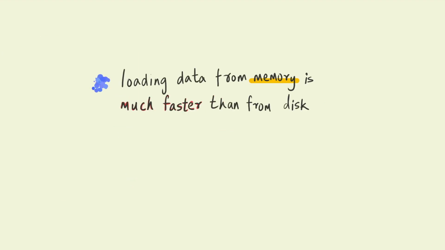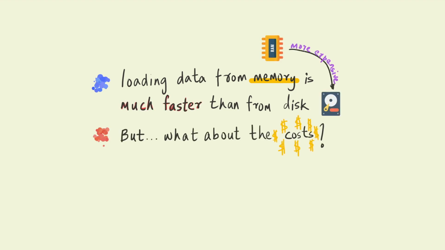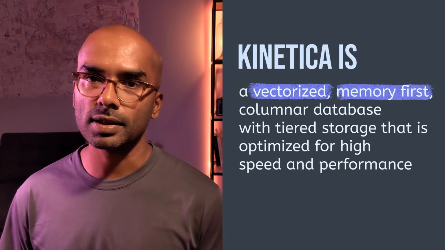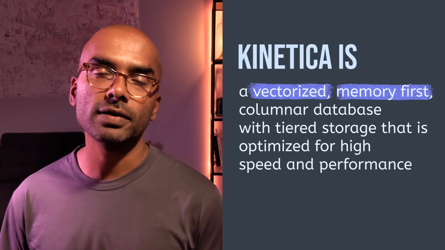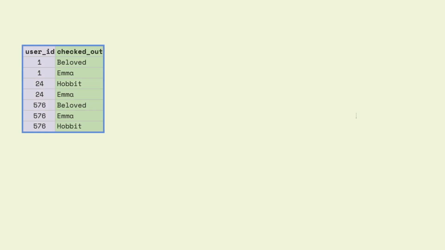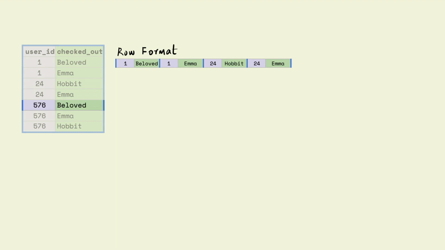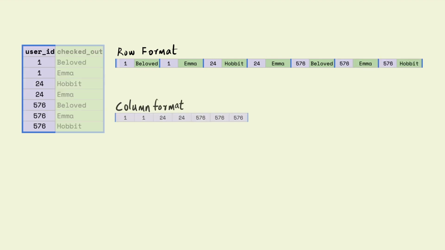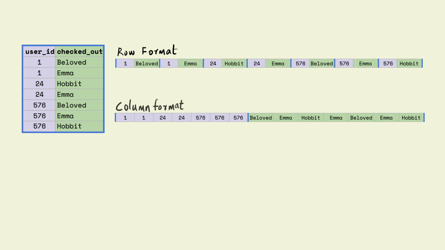But the flip side to all of this is that RAM is expensive. So how does Kinetica manage the cost of having to store everything in memory? There are two things that balance this. The first is Kinetica's native columnar data storage technology. Column-oriented designs store all of the values from a column together. This contrasts with row-oriented designs where values from each row are stored together. The columnar format, unlike row-oriented formats, makes it easy to apply data compression techniques like dictionary encoding, which is used to encode data types such as character strings that take up a lot of storage space as more lightweight data types like integers to reduce the amount of space required to store them.